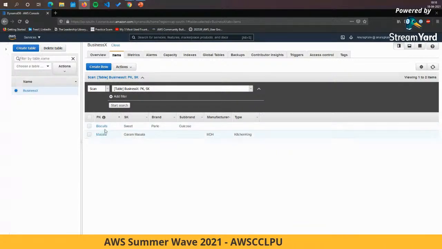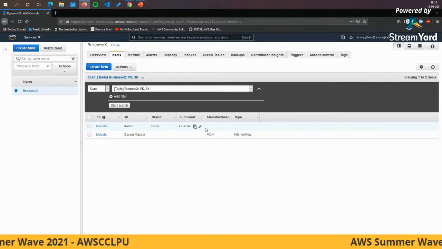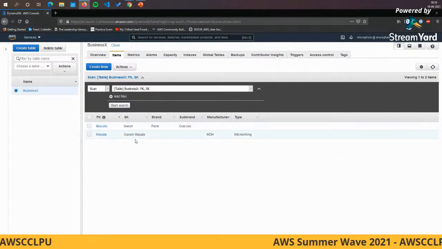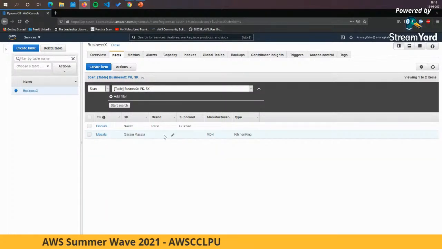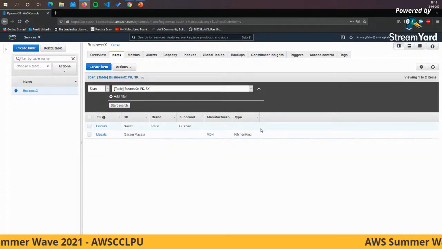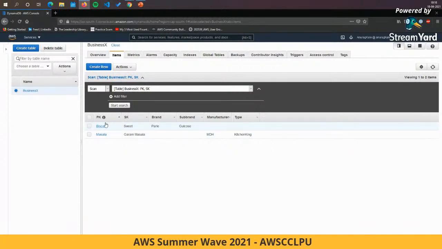We have different partitions, and we have created two entries in this table, but these two entries differ in the way they work.